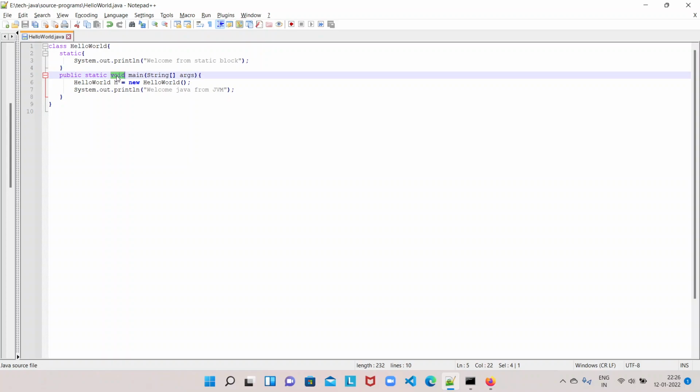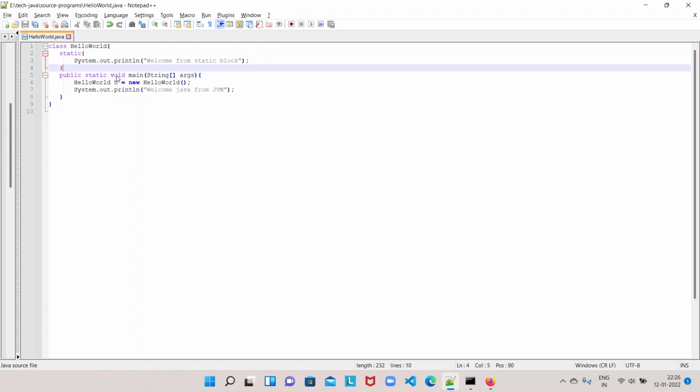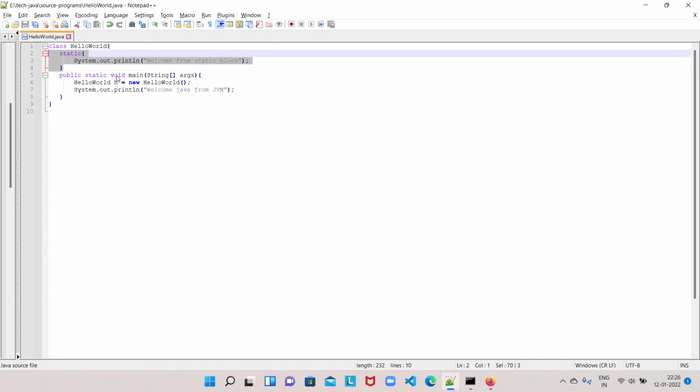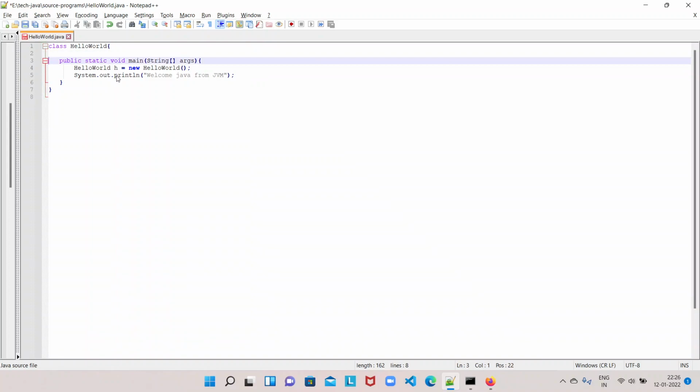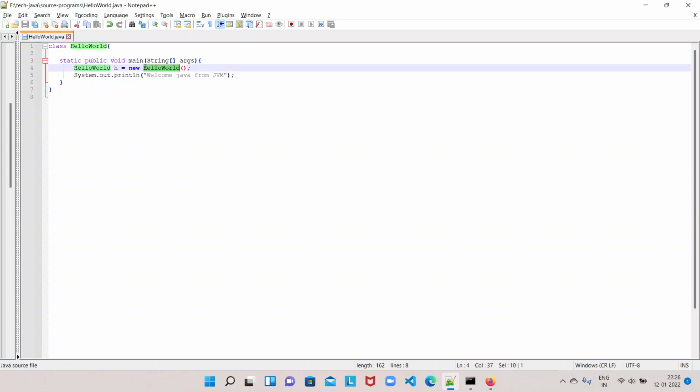Before going further, let me try this one. Here let me remove this static keyword, the static block. Can I write a main method like this, static public void main String args? Let us check this.